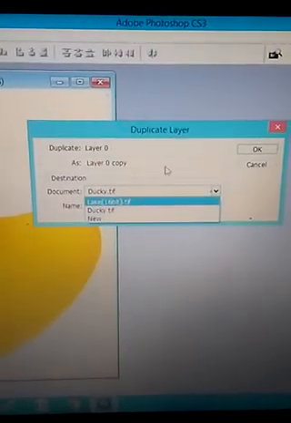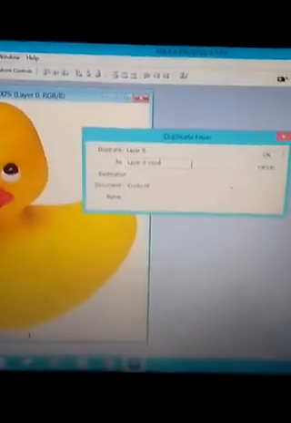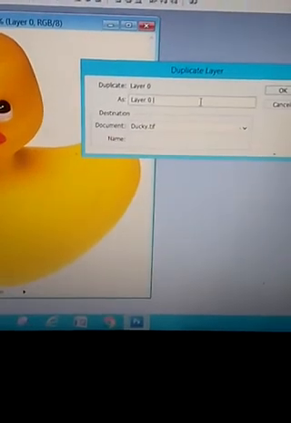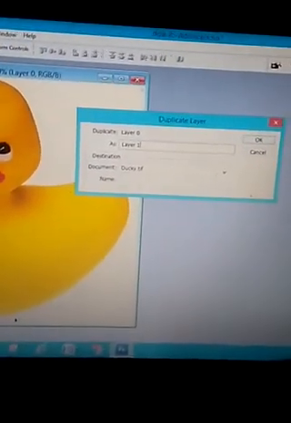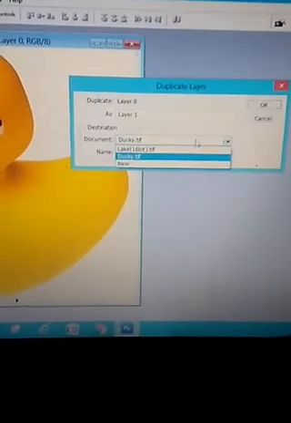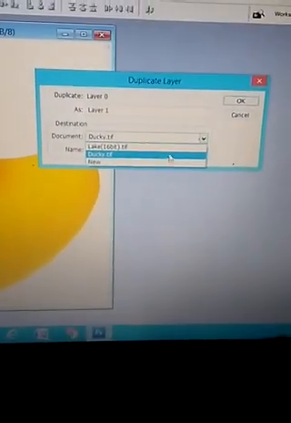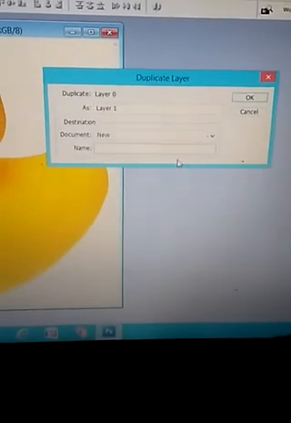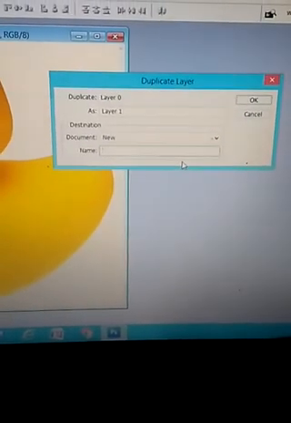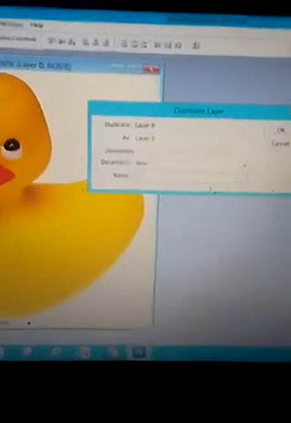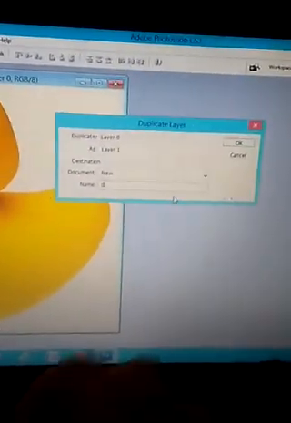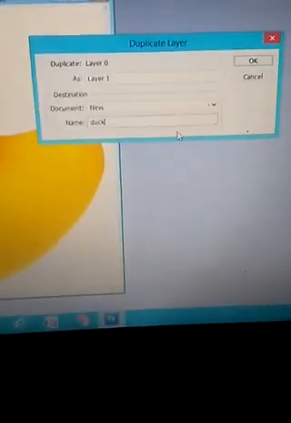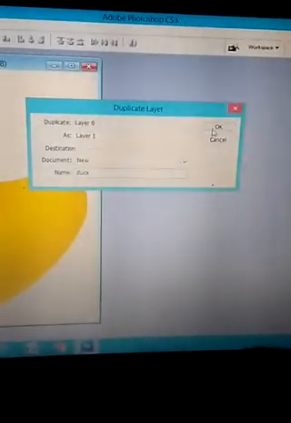First of all, I am changing the name of the layer to layer 1, and from the destination documents I will select New. The name I want to give is DUCK. I have selected that and am clicking on OK.